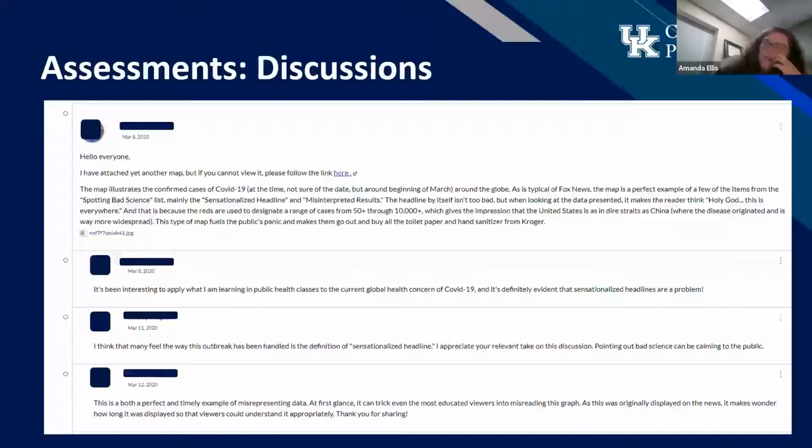And so again, one of the things that I liked about discussions like this is it wasn't me presenting the graph and asking, okay, what's going on here? Maybe why is this poor? Why is this good? But it actually forced them to go and do that exploration on their own and find their own examples. And so, like I said, there were 45 students in the course. And so you can imagine on these discussion boards, they would get a really good selection of different examples, in this case, of bad science, and they could see what their peers had found and converse back and forth.